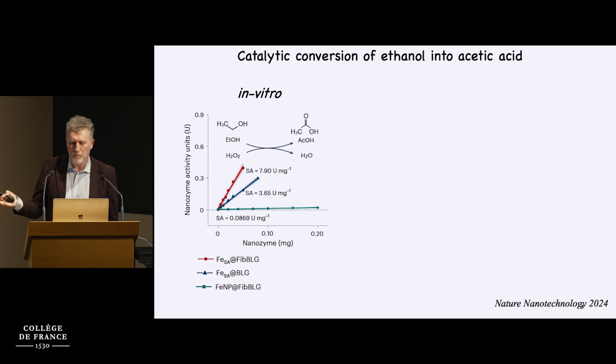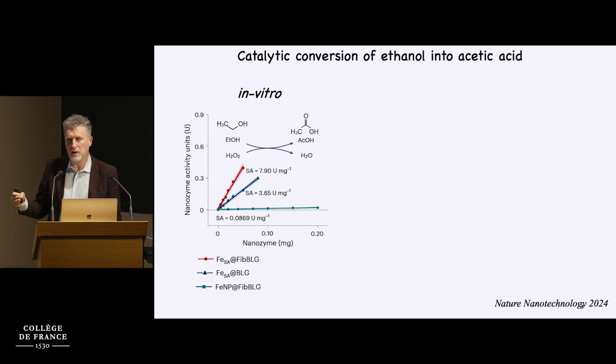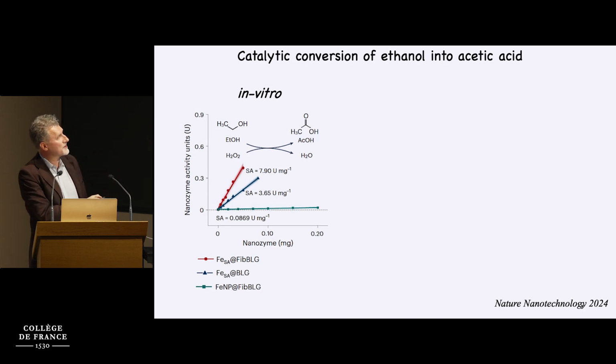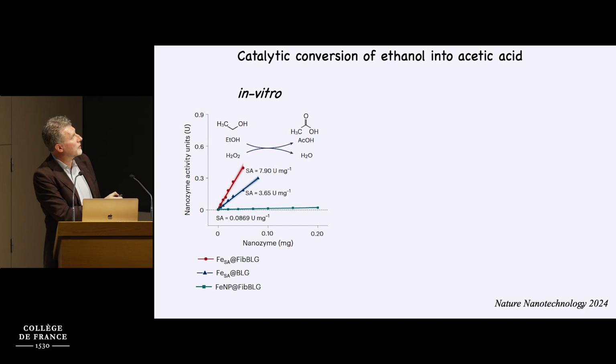Alcohol abuse claims more than 30 million people's lives per year. And it's not really ethanol which is the problem, it is acetaldehyde, which is a long-lived transient chemical on the way to acetic acid, and is metabolized, as we all know, in the liver. And this is what kills the liver, kills the intestine, and also what is responsible for the hangover feeling if you have too much alcohol. So it works,